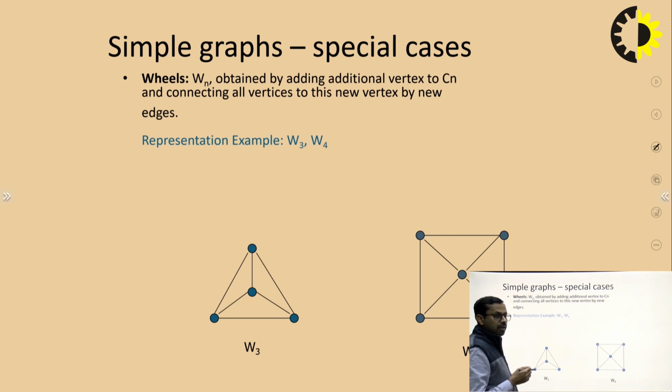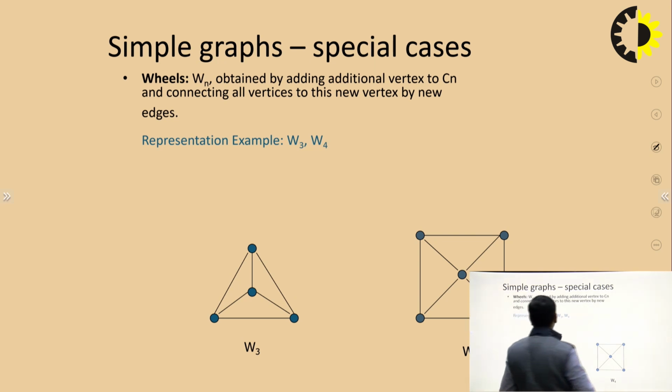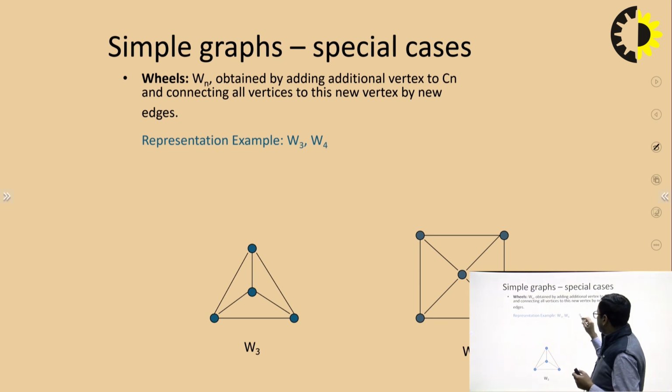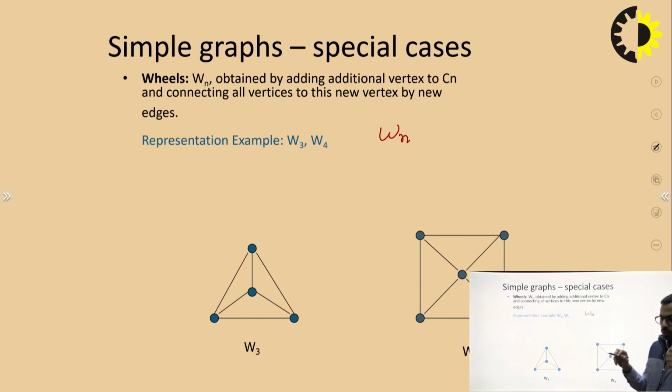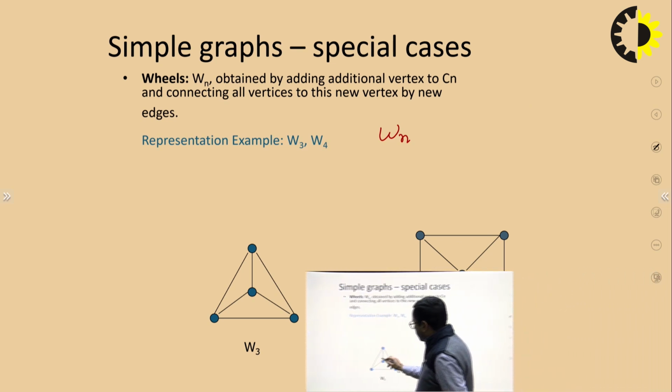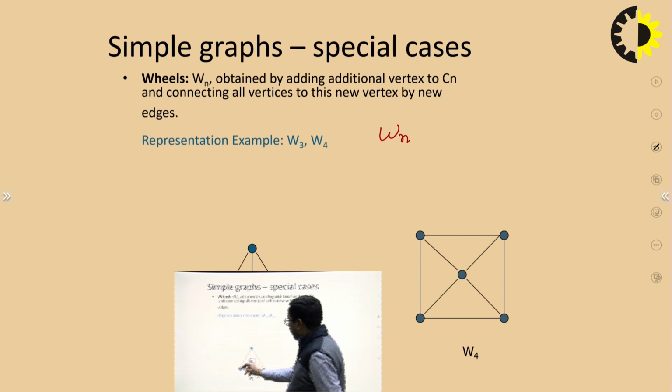What is the wheel? Wheel is another concept in the graph structure. How is it represented? It is represented as Wn, where n is the number of vertices used in the graph structure. Here in this case, we can check that this node is associated with all other nodes